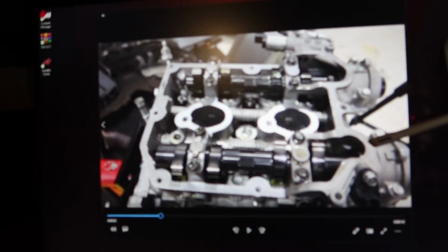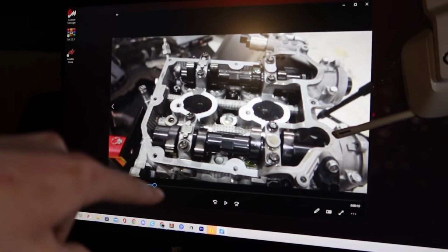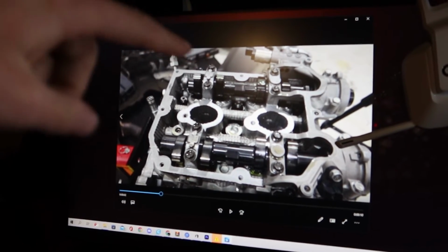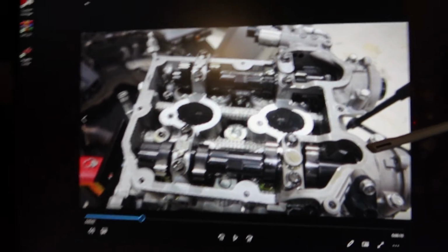Words don't describe how stupid I feel right now, but with that being said, here's what the issue is. As you guys can see here, I am torquing down the cam caps, getting it all sealed up. As you guys might not be able to tell, up here is your intake, and here is your exhaust side. If you guys put together motors, you know that you obviously have your intake